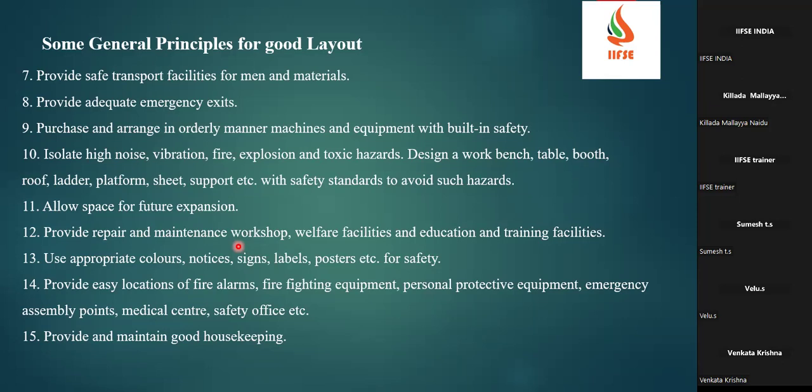Then isolate high noise, vibration, fire and explosion, and toxic hazards, designed with workbench, table, and also booth rooms, a booth and also roof, a ladder and also platform, sheet supports, etc., with safety standards to avoid such hazards. Which is about